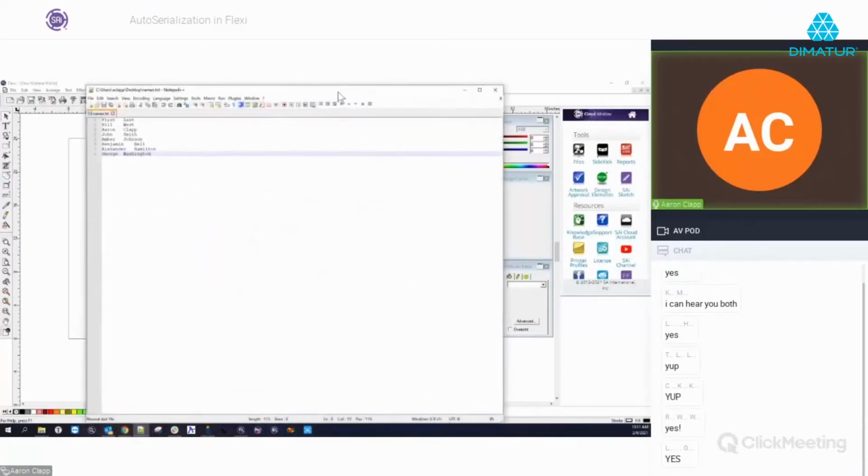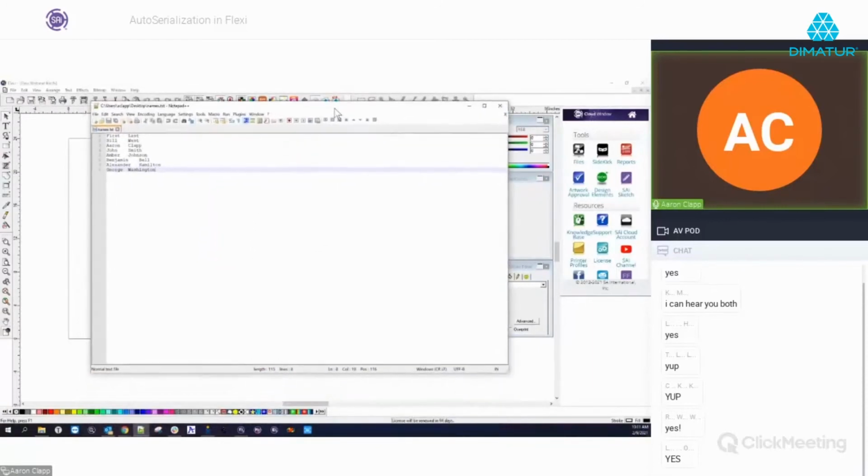So here's a simple list of names that I've created. Basically, this is a tab delimited file. That means there's one tab in between the two columns here. I've set up my first name and my last name, and a set of names separated by one tab. I've got some really short names like Bill West, Aron Clapp, my name. And then some bigger, longer names, Alexander Hamilton and George Washington. Those are bigger names that are going to be more of a challenge to fit inside of our little